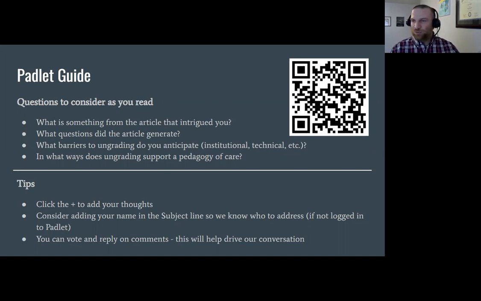Otherwise it will be anonymous, and that's fine, but if you want us to specifically address it, or you want to speak to it in our discussion, add your name in the subject line. We also turned on voting, so if something resonates with you in the Padlet, you can reply to it, and you can also vote to elevate questions or insights from our colleagues.